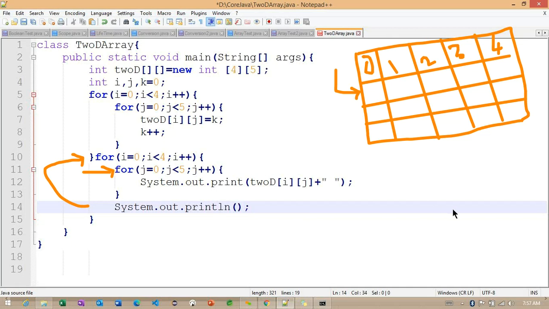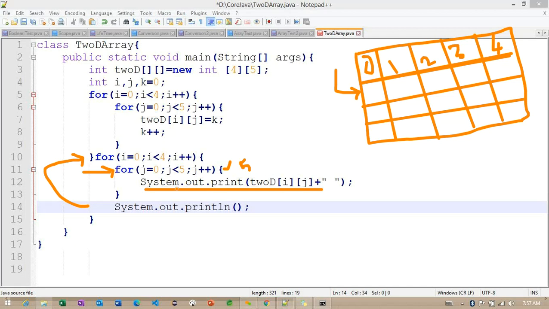We need to understand this carefully. This loop repeats until 5 times. Once the loop has repeated 5 times, the values we stored into the array, or loaded, are printed with the help of the print method.